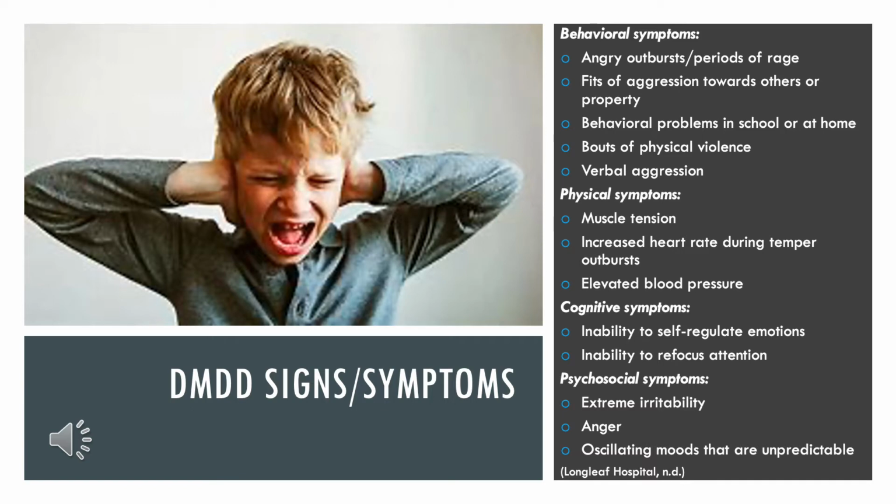Moving along to the signs and symptoms of DMDD, there are several different areas in which children may display symptoms. Behavioral symptoms may include angry outbursts or periods of rage, fits of aggression toward others or property, behavioral problems in school or at home, bouts of physical violence or verbal aggression. Physical symptoms may include muscle tension, increased heart rate during temper outbursts, or elevated blood pressure. Cognitive symptoms include inability to self-regulate emotions or the inability to refocus attention. Psychosocial